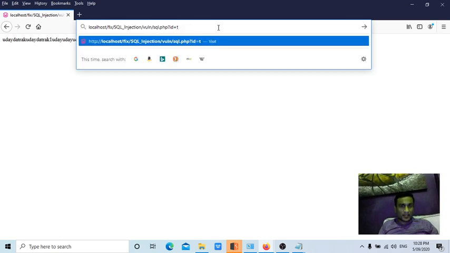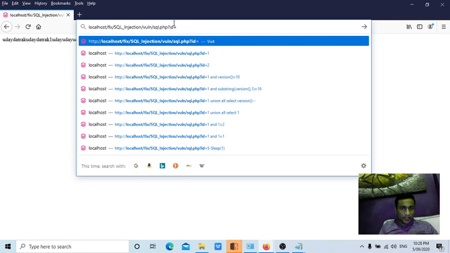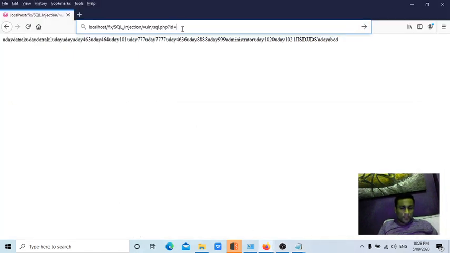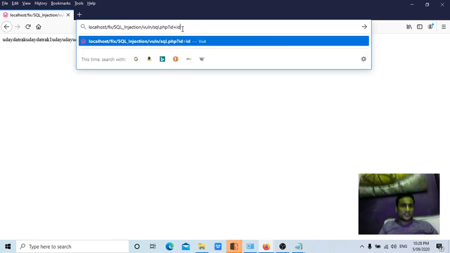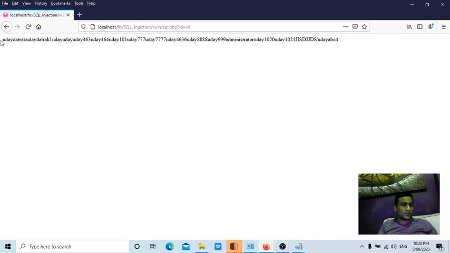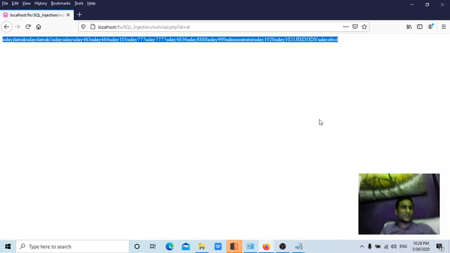I'll simply enter, here in the place, my favorite one, where I try to guess the column name. If you see from which column they are trying to read, where ID equal to this, right? So if I enter ID equal to simply ID, it will show all the records from the database, guys. This is one easy trick, but for that you need to find out